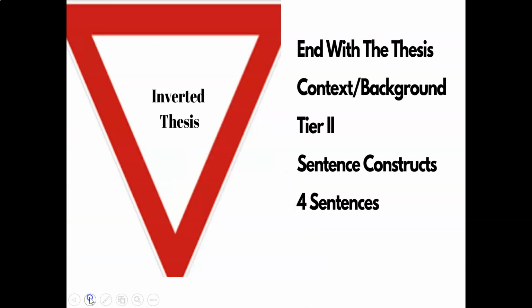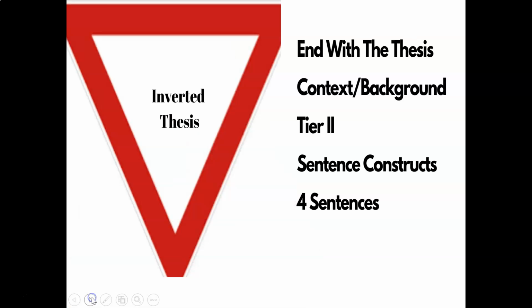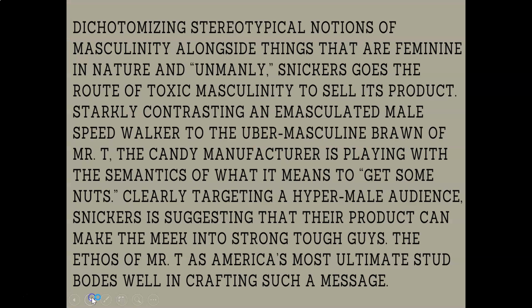So let's go back to this slide. In inverted, which we use for literary analysis, my students have 3 sentences of authorial intent, 1 sentence construction of meaning. Just the opposite for declarative thesis, for rhetorical analysis. It's always 3 plus 1, but it depends which question you're leading with. So how does the author construct meaning? 3 sentences. What is the authorial intent? 1 sentence. So that might be confusing. It's kind of ethereal and pie in the sky. So let's give some concrete examples of how my students manipulated the template.